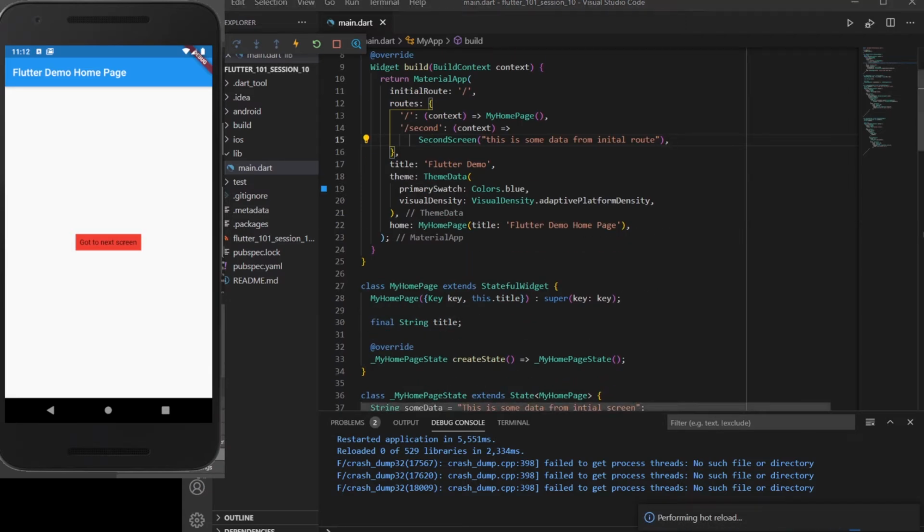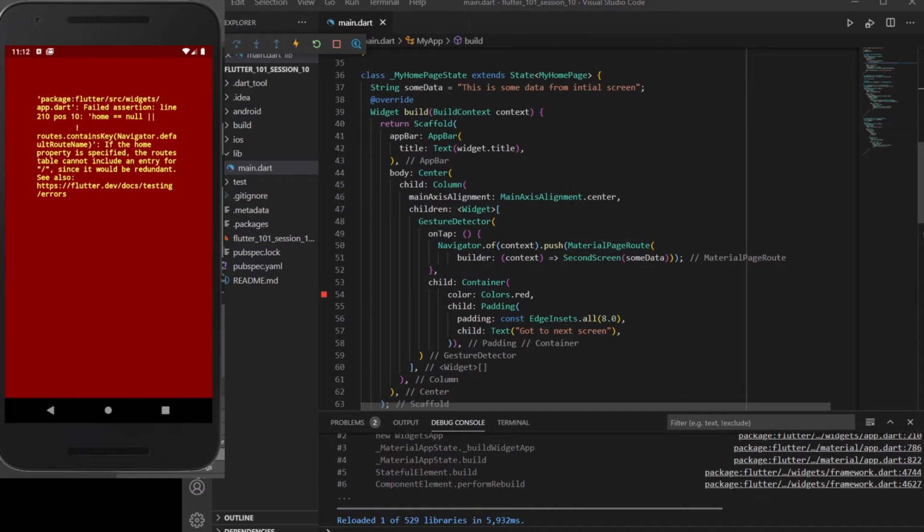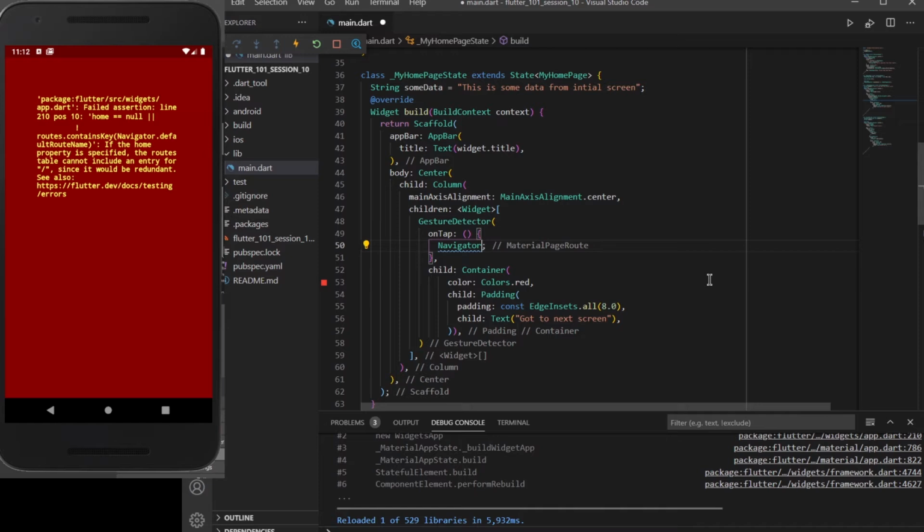Initially, whenever we were clicking on a button, we were pushing a particular screen inside the stack. We were using Navigator.of(context).push with MaterialPageRoute, so we don't need to use it anymore. Let me delete this Navigator.of(context) thing, and here we'll add a dot, and then add pushNamed. We have provided names to the various different screens present here.